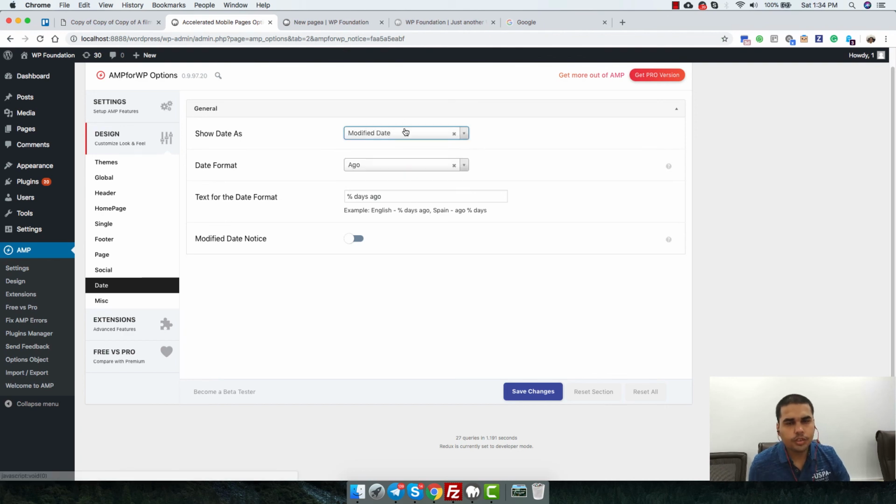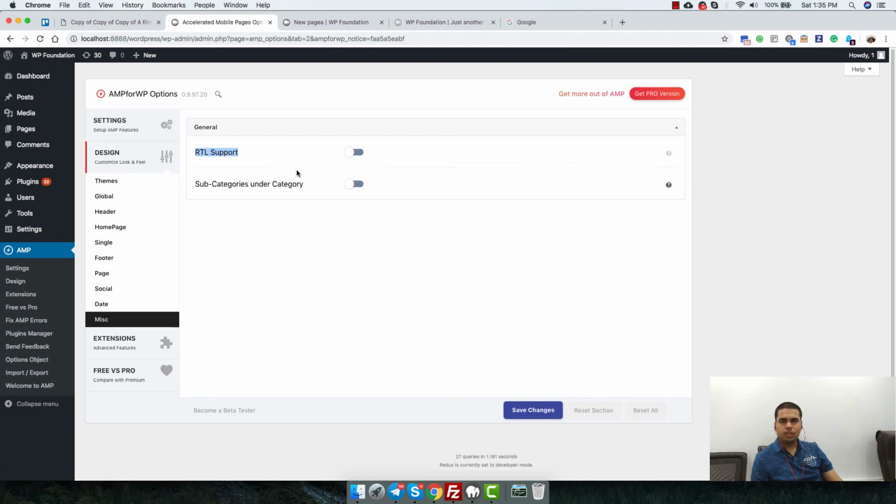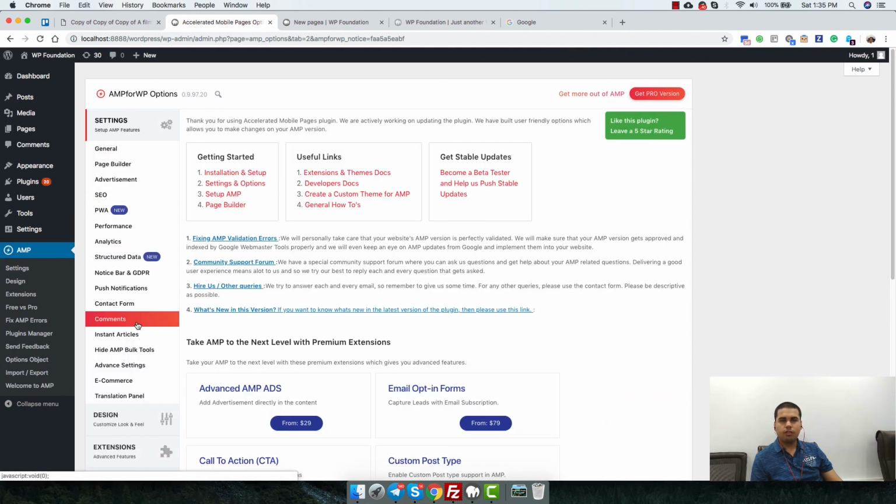And then date has its own options: what kind of date you want, what kind of things you want. You need to keep this as it is. And then there are miscellaneous. If you have a website in Arabic or you are in the Middle East, then you probably need RTL support, otherwise it's not required. So guys, these are the options which we have covered in this